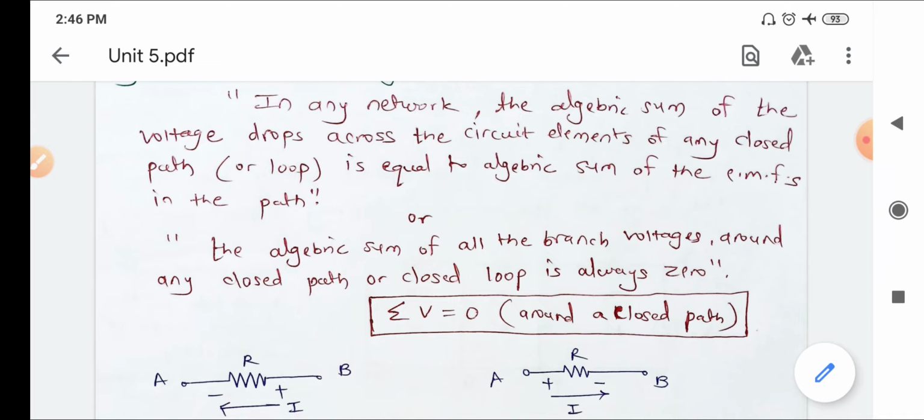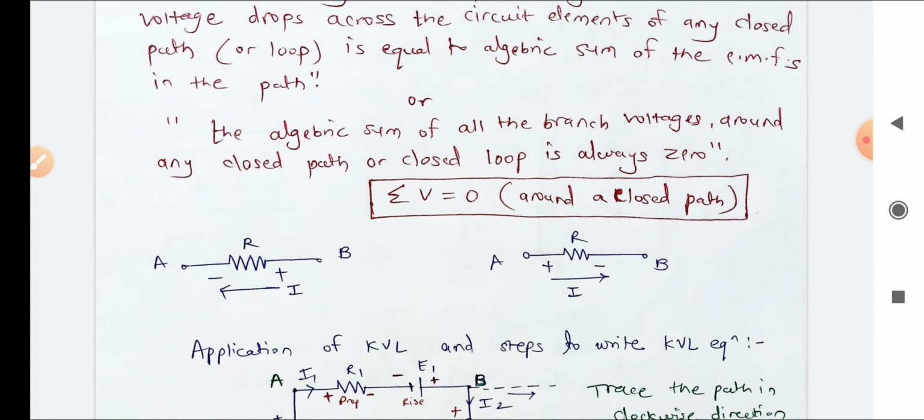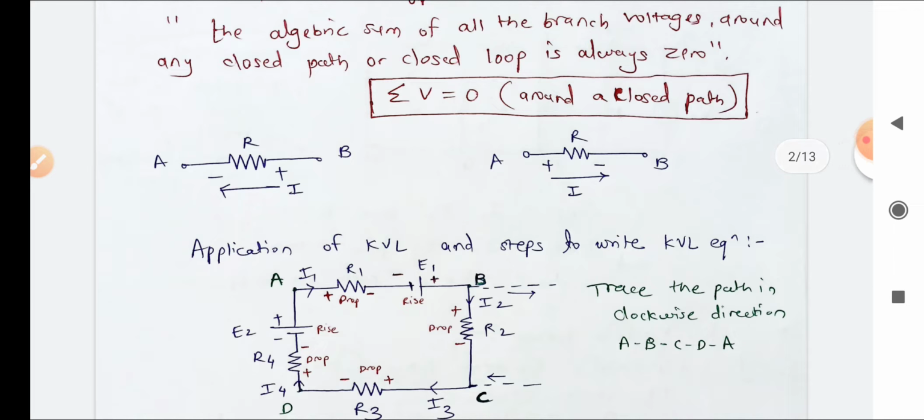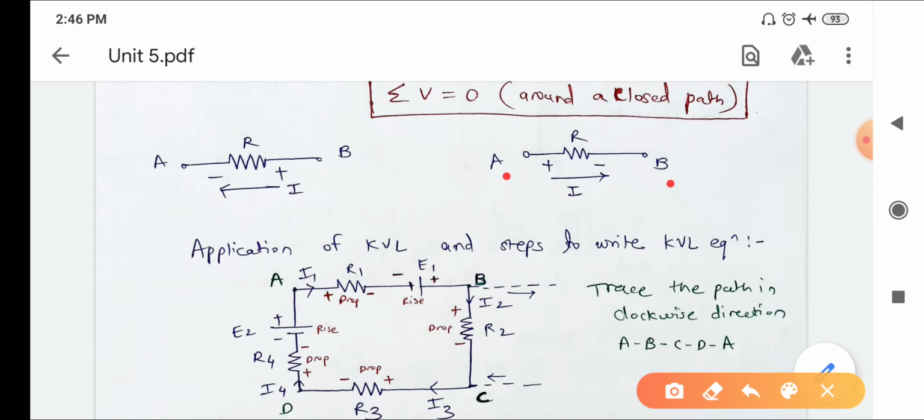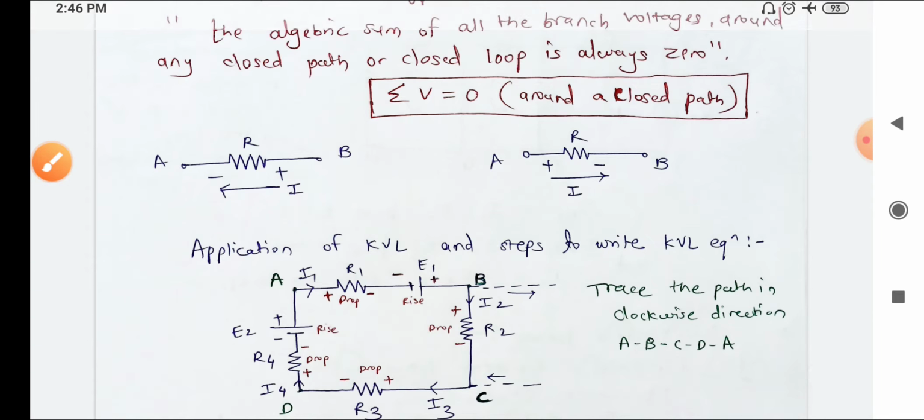But before moving towards the potential rise, that is nothing but voltage rise and voltage drop in a particular circuit, we will see how to give sign conventions to each element in the particular loop or network. While solving examples using KVL, it is necessary to assign signs across each resistor. Here two figures are present. In the first figure the current is flowing from B to A, and in the second figure the current is flowing from A to B. So we will see how to give the sign conventions for the resistor in figure 1 as well as for the resistor in figure 2.